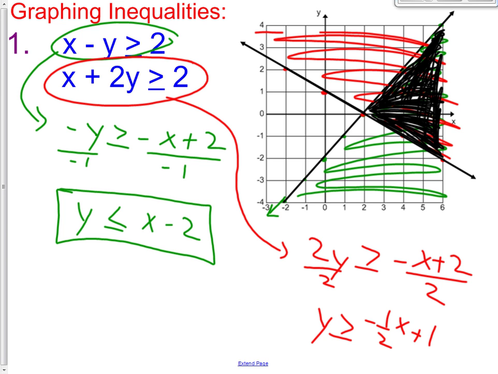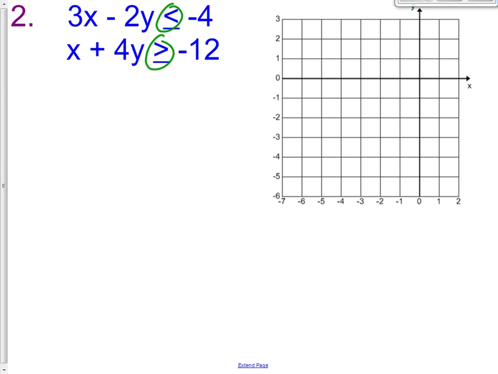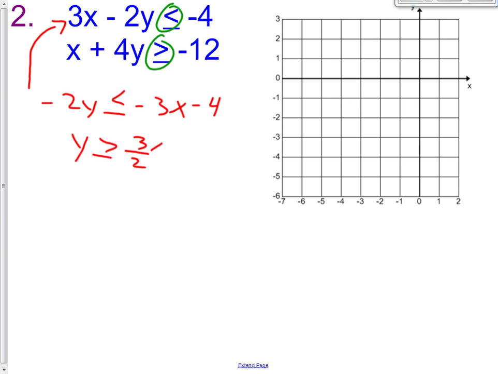Pause the video, please. Work on number 2. So hopefully you got this. Changing this one into slope-intercept form: negative 2y is less than or equal to negative 3x minus 4. Divide both sides by negative 2, so y is now greater than or equal to positive 3/2 x plus 2. So a y-intercept of 2 and a slope of